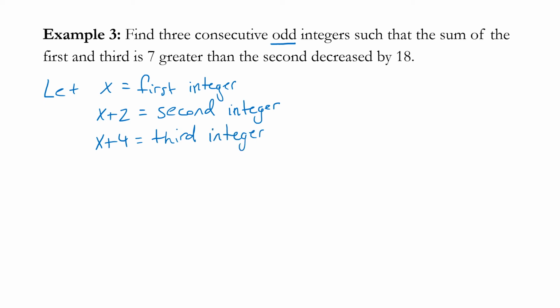Now it says such that the sum of the first, so the first, well, that was x, sum means plus, the third, well, the third was x plus 4,